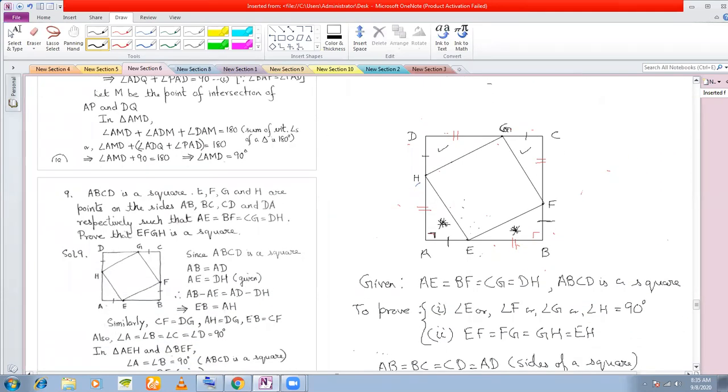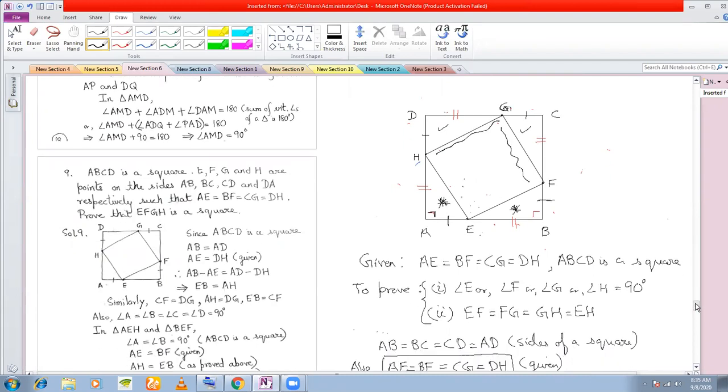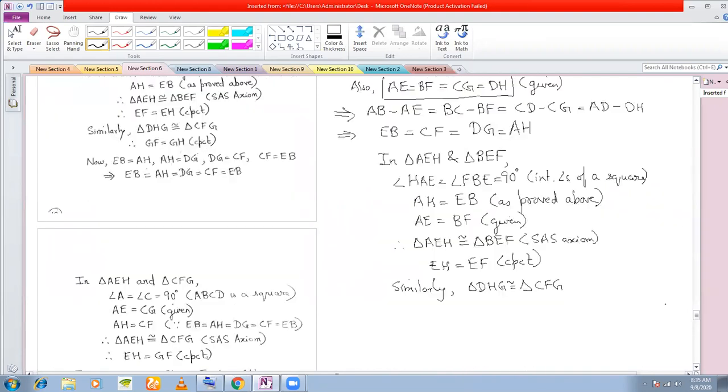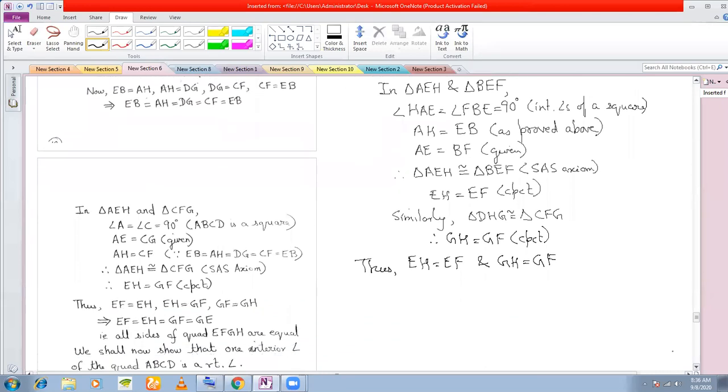So once I have mentioned that these two triangles are congruent, therefore this side must be equal to this side. Therefore, GH is equal to GF by CPCT. Thus, EH is equal to EF and GH is equal to GF. These show